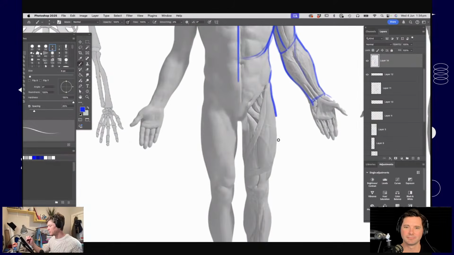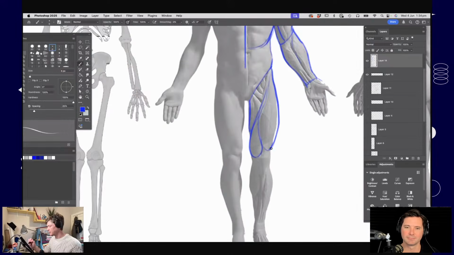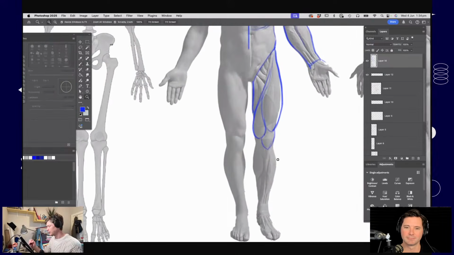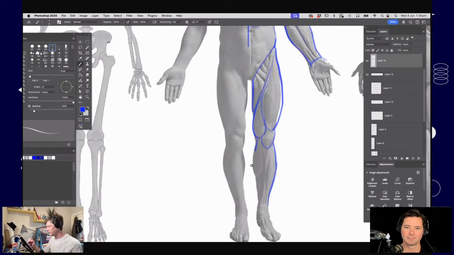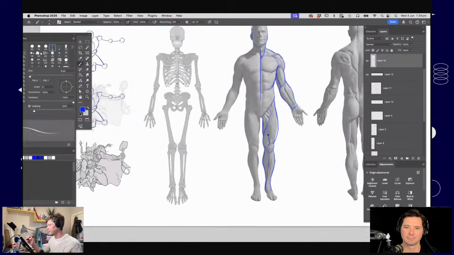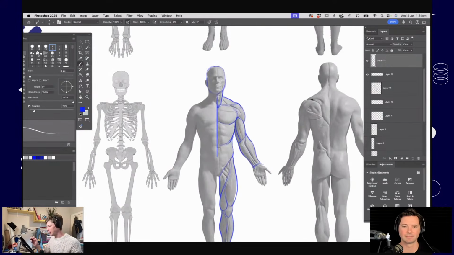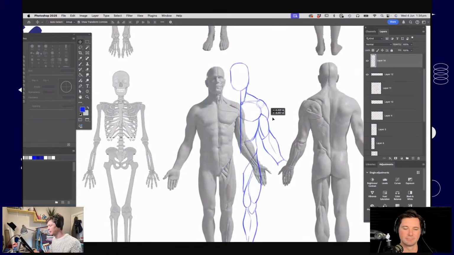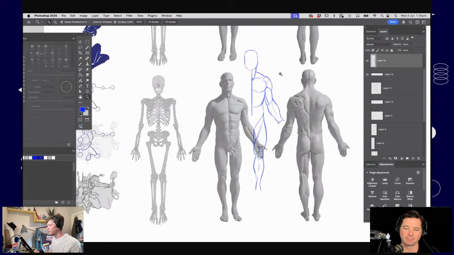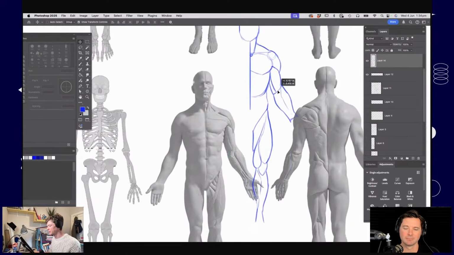So obviously huge muscles in the thighs, and it's really good to work over some of these characters and do what I'm doing here, selecting the really big main ones and trying to separate those out and drawing the figure from all different angles, and it starts building up in your mind a picture of what those big muscle groups are.